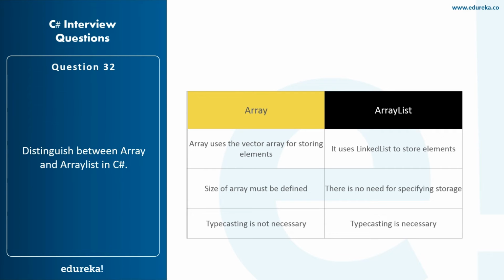An array is a specific data type storage, while array list can store everything as an object. Typecasting in array is not necessary, while typecasting is necessary when we talk about array list. There is no runtime exception in array, whereas there is a runtime error exception in array list. When I talk about array, elements can't be inserted or deleted in between, whereas when I talk about array list, elements can be inserted or deleted in between, whether at the starting, the ending, or in between.